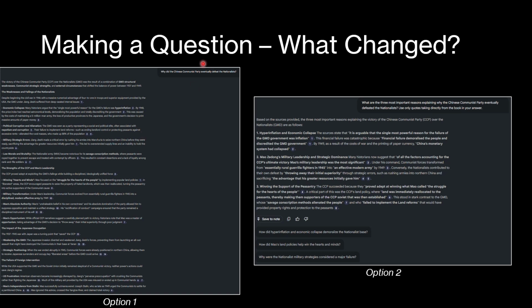So on the left side here, we have a very vague question, or I haven't really set any parameters here. I just say, why did the Chinese Communist Party eventually defeat the nationalists? And whilst that's a good question, maybe, you can see it's not really doing the job that we need it to do. It's giving us a lot of information here,